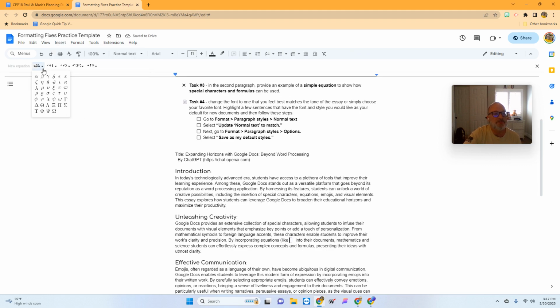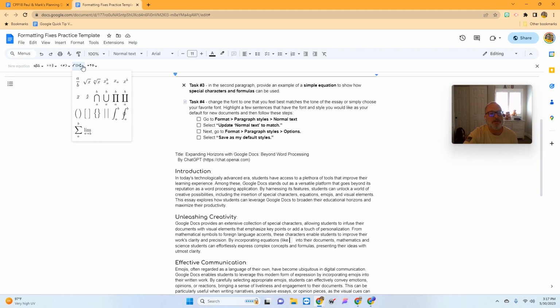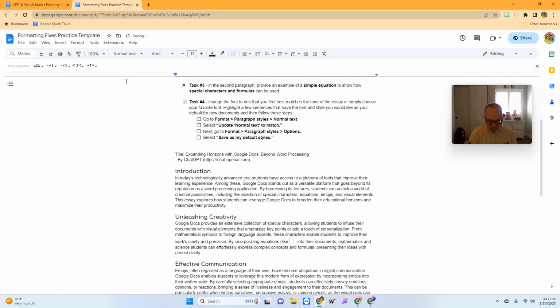The first one has some Greek letters that I won't need for this example, some computations like multiplication, division. The third one has less than or equal to, greater than or equal to. The one I'm going to be using is here. So to get a squared, I need this equation in the top row. So I'm going to type a and then hit enter, and it jumps up to the top there. a squared, plus,